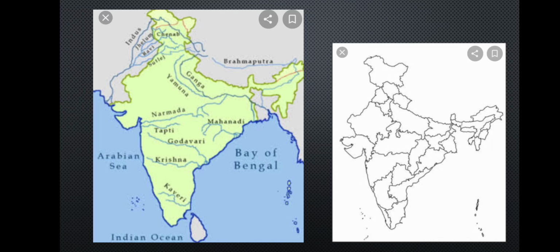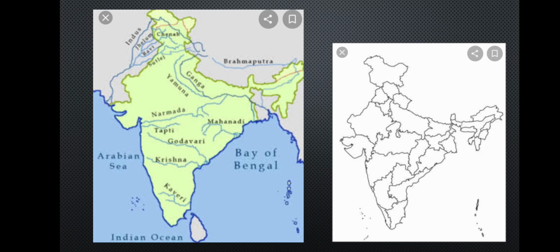Now come to the left hand side. Some of the rivers are given in blue color on the Indian map. You can see from the screen the entire map is colored in yellow and the water bodies are in blue. On the west of India there is the Arabian Sea, in the east there is the Bay of Bengal, and to the south there is the Indian Ocean. As well as, the rivers are also lined with blue color.